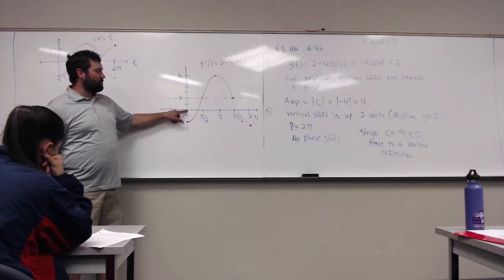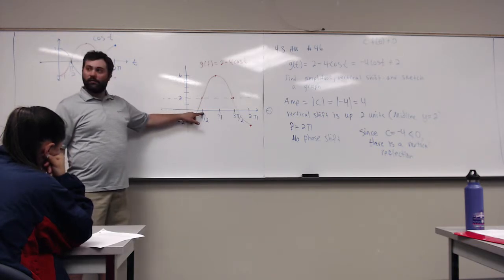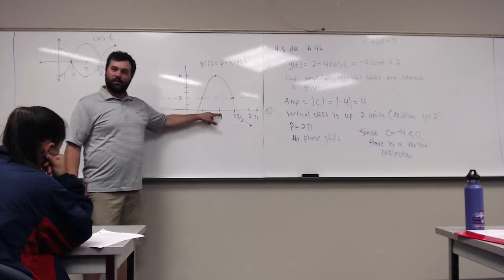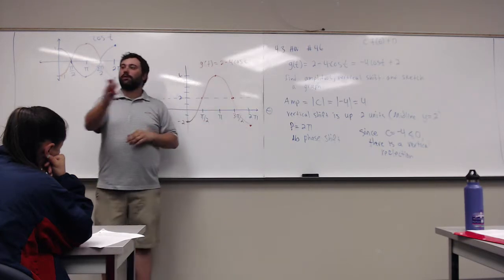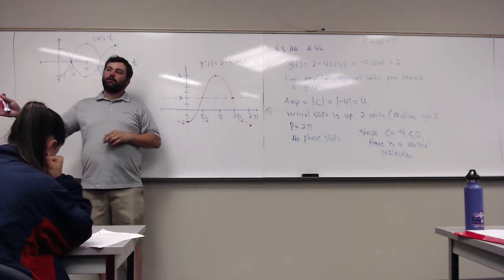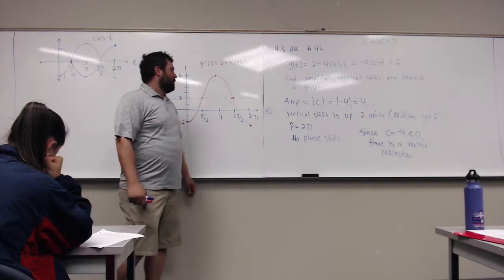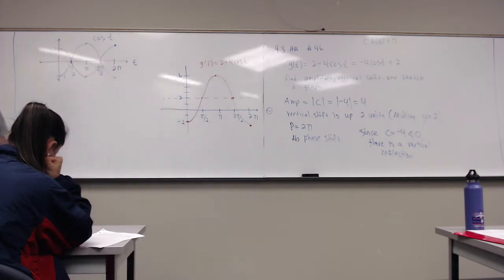So starting where my cycle begins, I add pi over 2 once. I add pi over 2 twice. I add it a third time, and once I've added pi over 2 a fourth time, that brings me through a full cycle. Okay. And in this case, since my period involved pi, I'm going to have pi fractions on my horizontal axis. If you had a phase shift in terms of